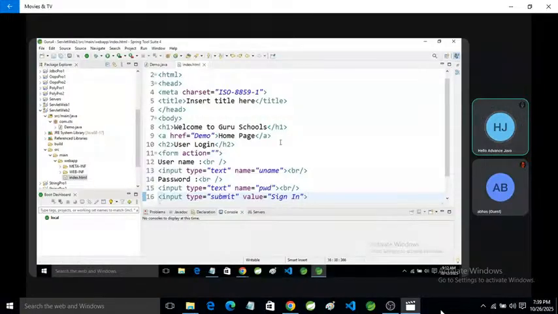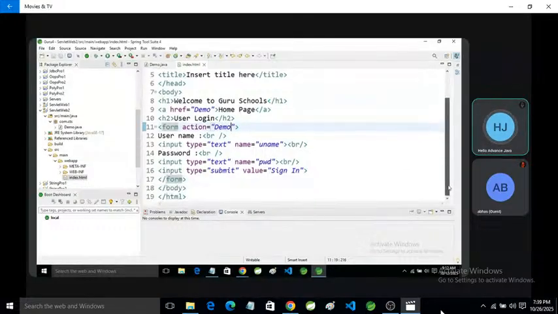We have a demo servlet, so we are trying to send the data to demo servlet. Here a user will input the value of username, then it will be saved in uname. If you input the value of password, then that will be saved in PWD. If you click on the submit button, then these values transfer from the front end to back end. In back end, demo servlet will receive it.